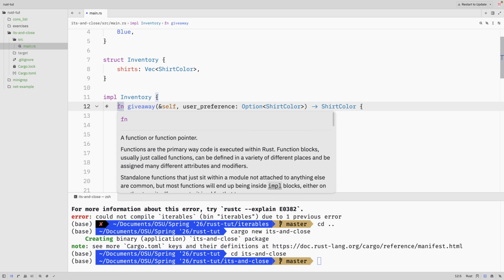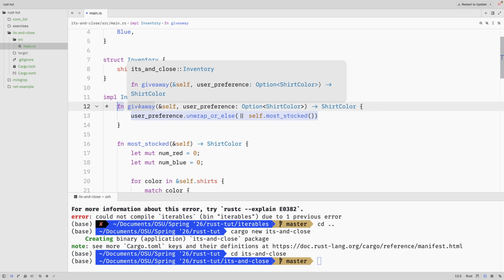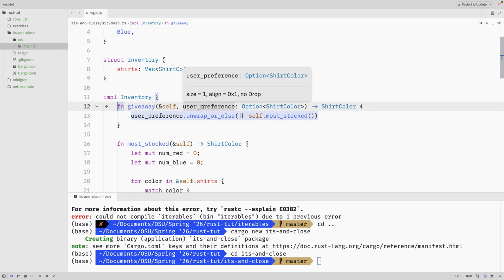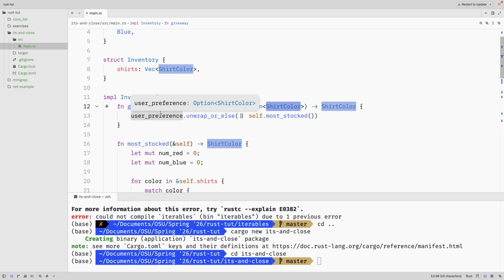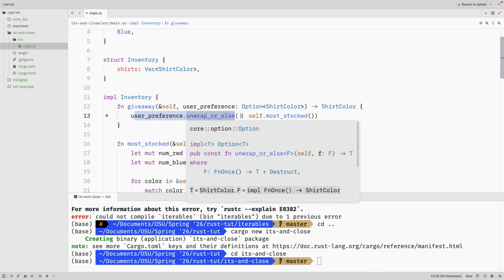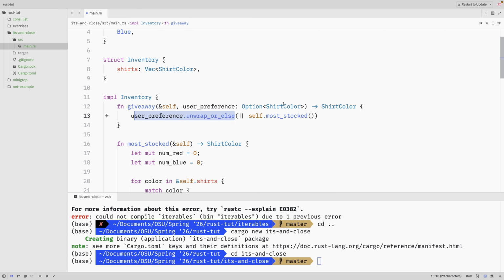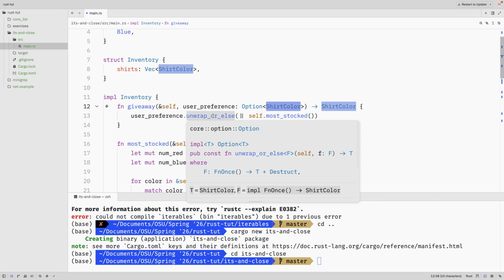So on inventory, we're going to implement this giveaway method, and that's going to take in a user preference, and based on our inventory, if they do give us some shirt color, then we're just going to return that. Otherwise, and that's what this unwrap_or_else does right here, we're going to unwrap this shirt color from the Some, if it does indeed exist. Otherwise, if it's a None variant on Option,